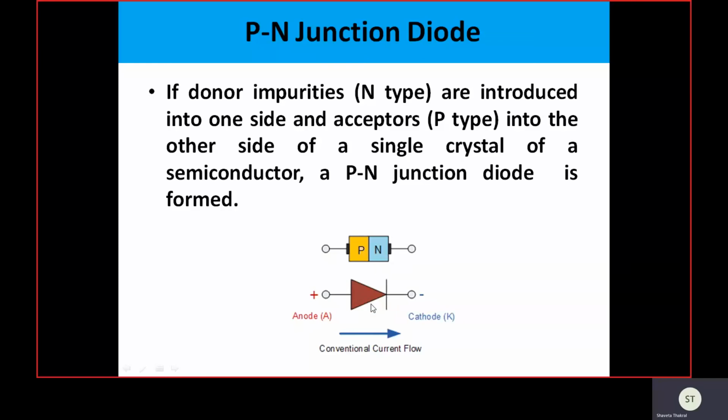This is the symbolic notation of PN junction diode, that is a triangle followed by a vertical line, where the triangle side is identified as the p-type extrinsic semiconductor, represented as anode, and the vertical line specifies the n-type extrinsic semiconductor, identified as cathode. It is the property of PN junction diode that it passes current from P to N. This is called the unidirectional conducting property of diode.